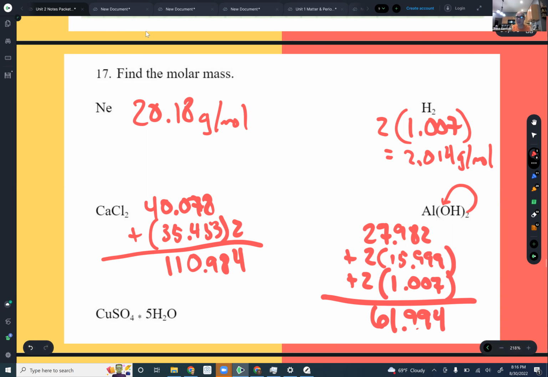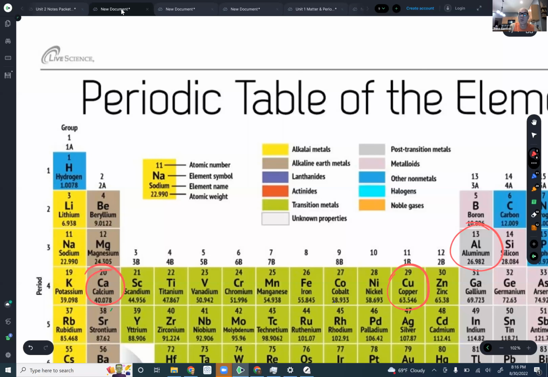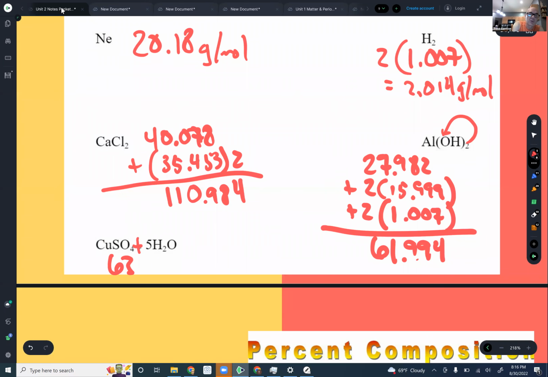Well, here we go on the last one. The last one is probably the most difficult because it has this funky asterisk in the middle. Well, the asterisk in chemistry does not mean multiply. It simply means to add. So for whatever reason, they decided not to use a plus symbol. They're using an asterisk. So I'm going to have to go and look up what the weight of copper is first, Cu. Copper is 63.546. I've got 1 sulfur, it weighs 32.06. I've got 4 oxygens, each weighing